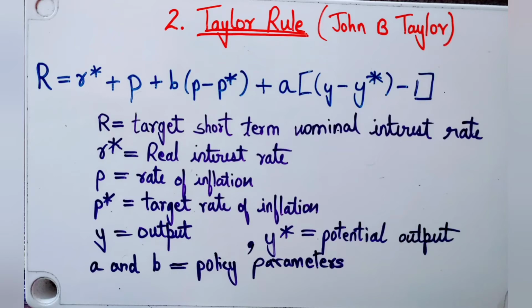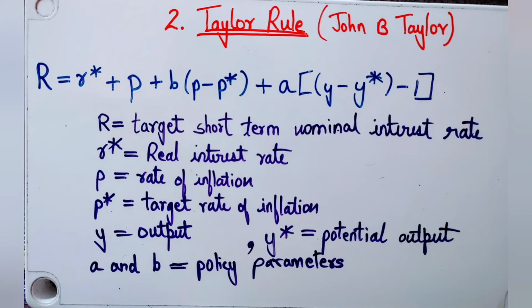This rule says how much the central bank would or should change the interest rate in response to the difference in inflation and the targeted inflation, and in response to the difference in GDP and potential GDP. Thus, this rule says how these differences affect the interest rate that is decided by the central banks. Taylor's rule can be explained in short like how we can see on the screen.